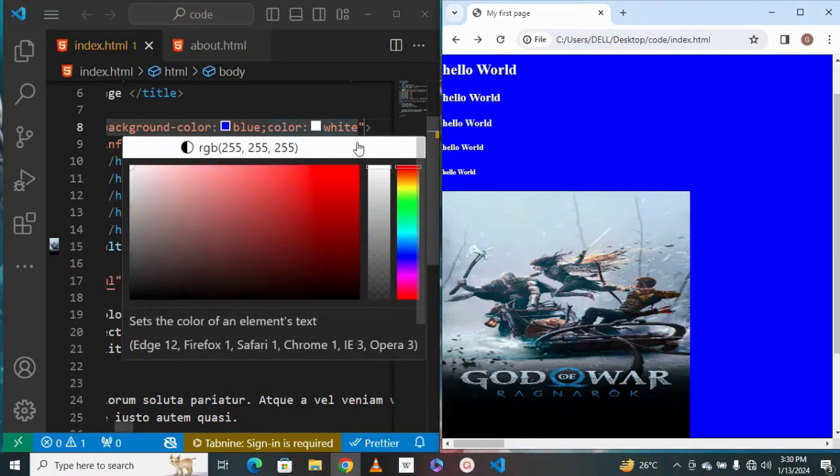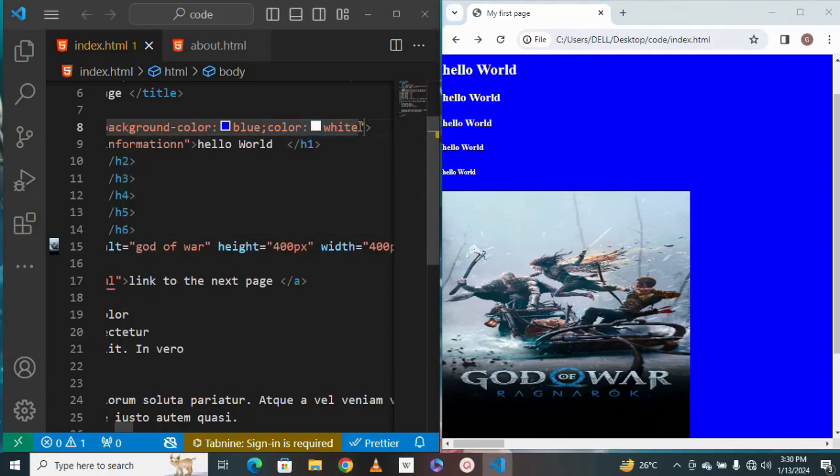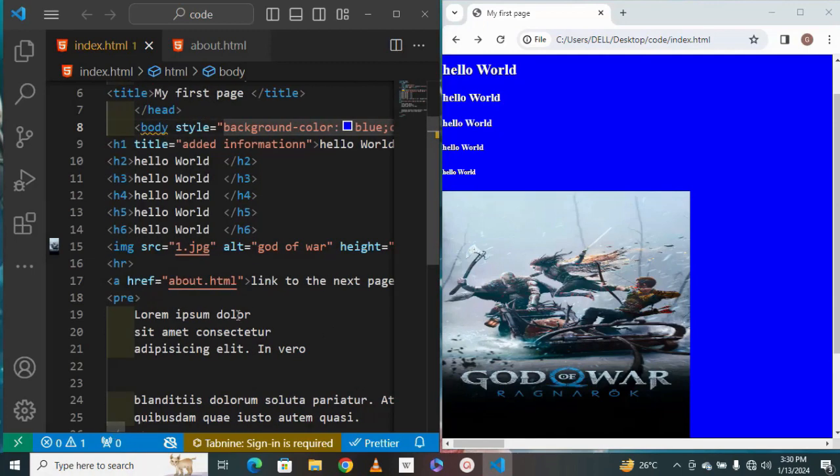So there are many more properties and values we can add to a particular page, but we're not dealing with the properties and values, we are dealing with the style attribute. So just understand that the style attribute gives you that provision for you to be able to apply styles to your HTML page. So when we get to the next class, we're going to talk about